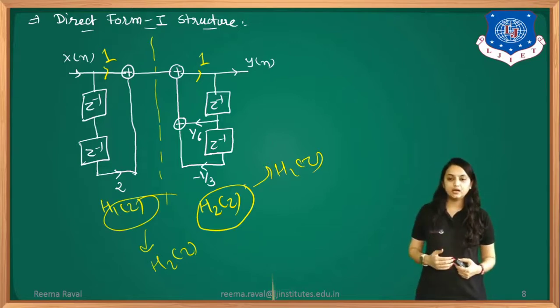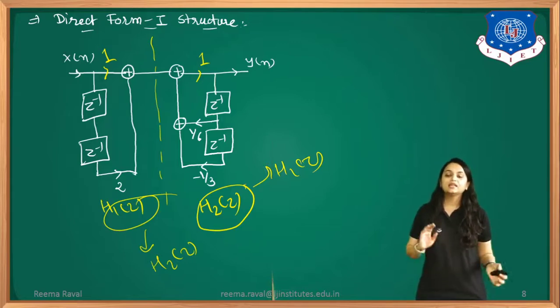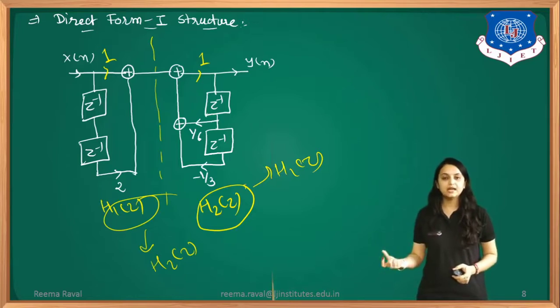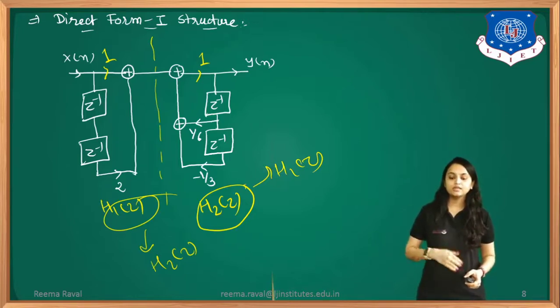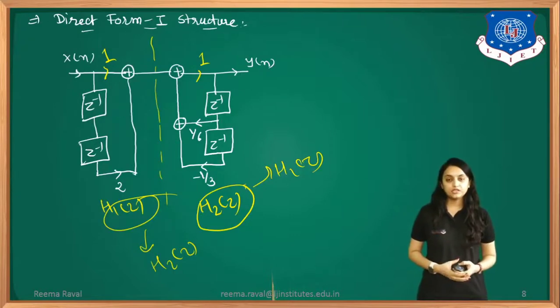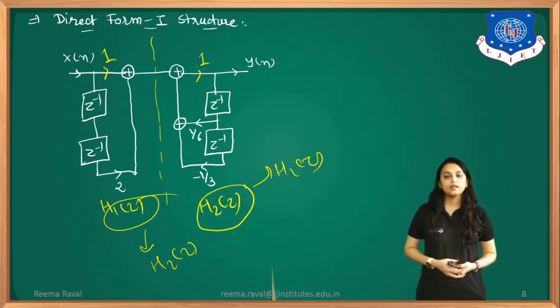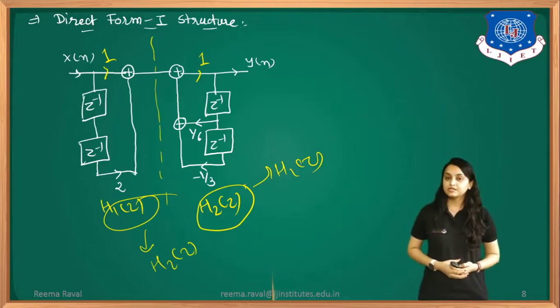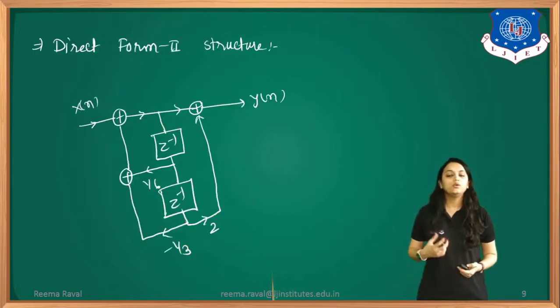The same procedure we will follow for direct form 2 by taking the inverse. That means whatever H1 of z is there will become H2 of z, and H2 of z will become H1 of z. So the direct form 2 structure is drawn like this. If we look at the first one, that is the direct form 1 structure, there are 4 delay elements, that is 4 blocks of z inverse. Here we can use the delay elements in common in the direct form 2 structure, which is its main feature. So now we will use only 2 delay elements. Okay, and this is how we can obtain the system function at the output side.